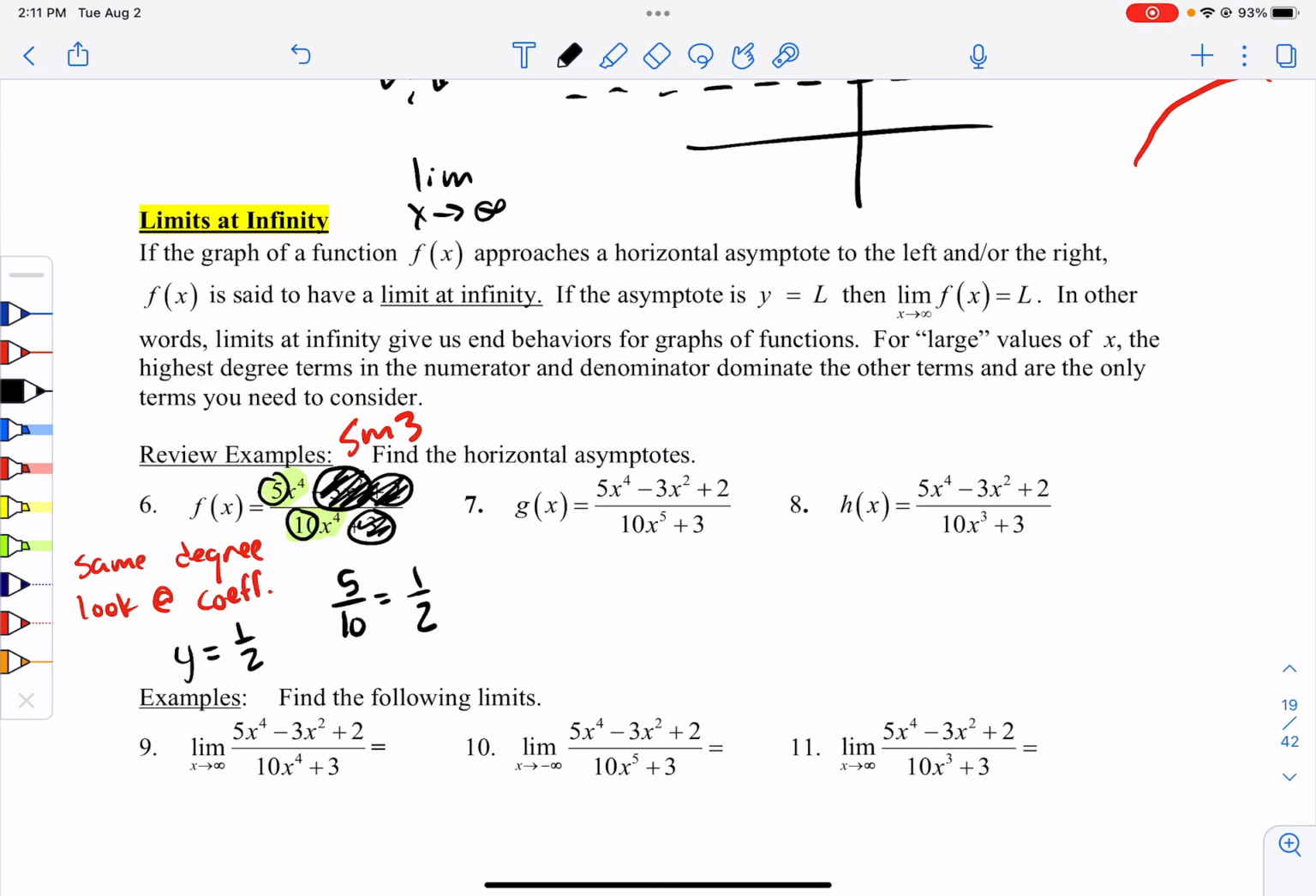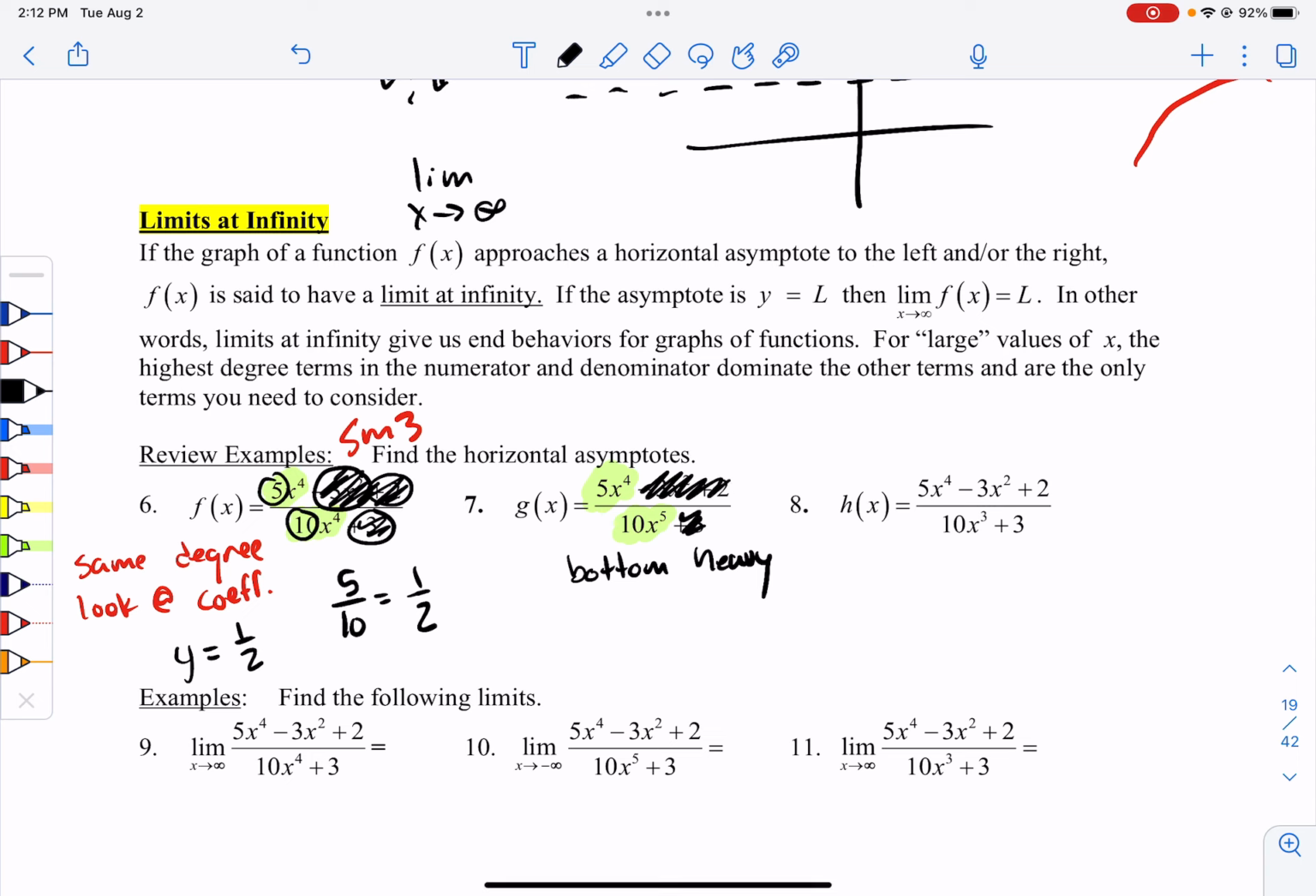So then going to number 7, I'm going to look at the same thing. I'm going to look at the biggest degree on top, which is 5x to the fourth, the biggest on the bottom, that's 10x to the fifth, and this is what we call bottom heavy, because the degree on the bottom is bigger than the degree on the top, right? So what happens is, again, none of this even matters, because I'm going to start plugging in infinity,